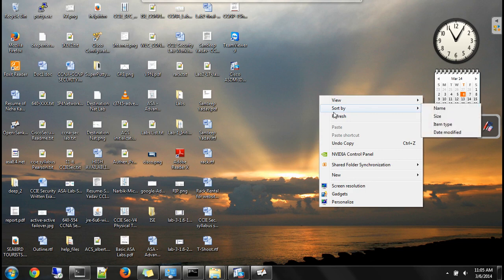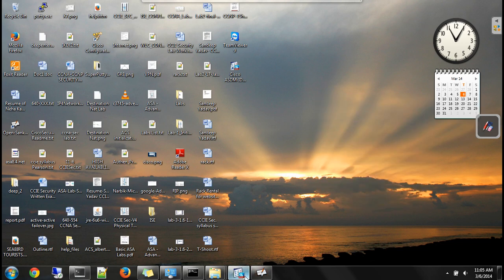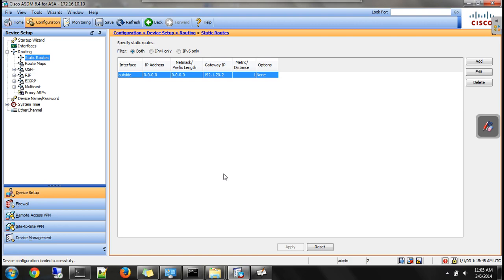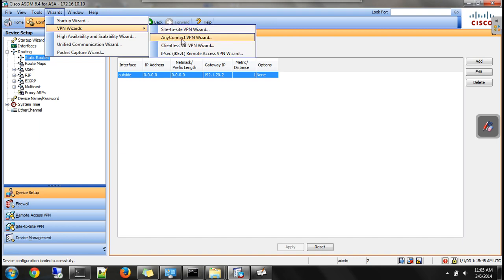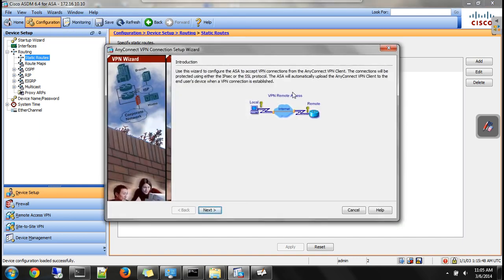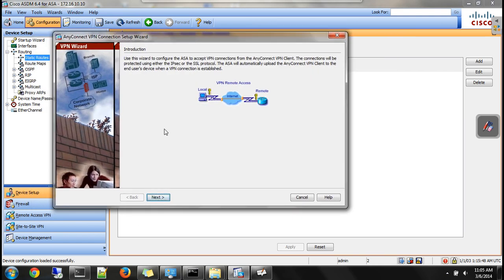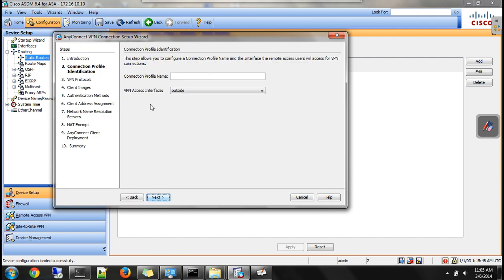All right, now let's go back to our firewall and configure AnyConnect. So if you want to configure AnyConnect, what you need to do is go to Wizards, VPN Wizards, and right above Clientless SSL VPN, AnyConnect VPN Wizard. Click on this. You are prompted with this page. You would need to do something little extra here. Okay, so click on next. You can create some profile here. Say I'll create